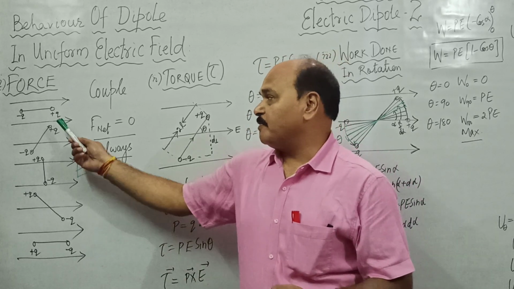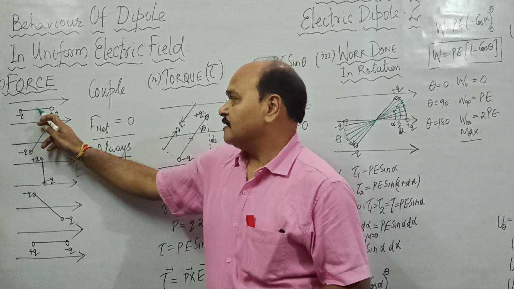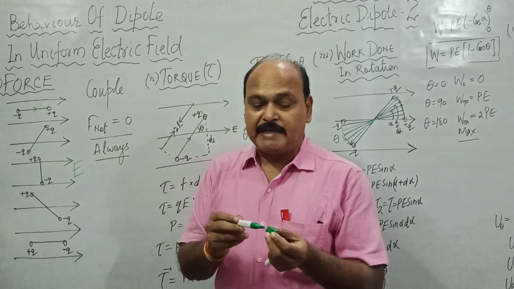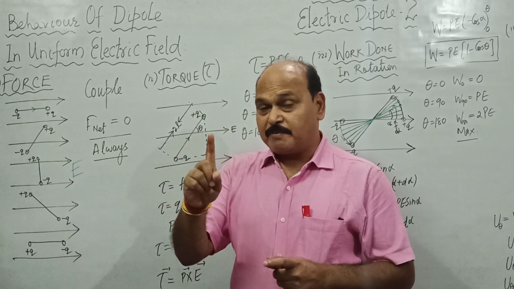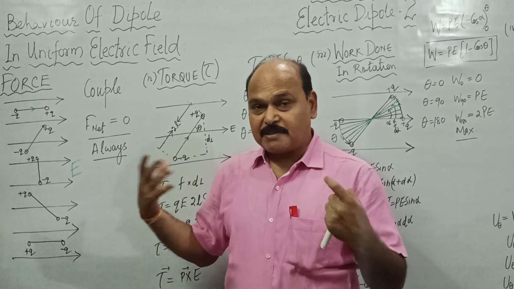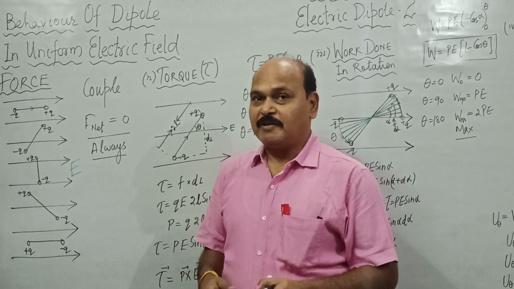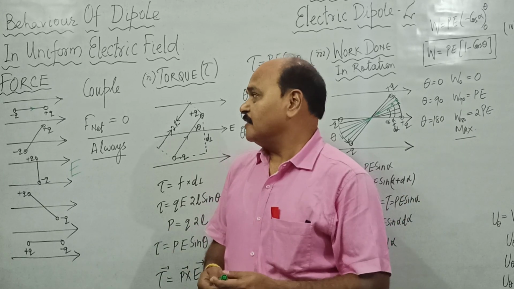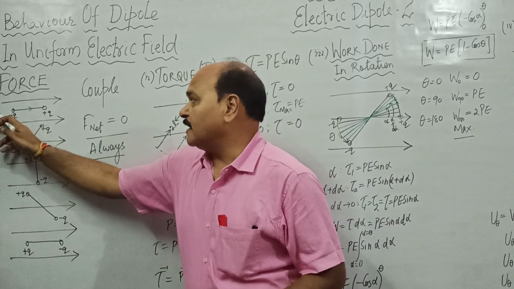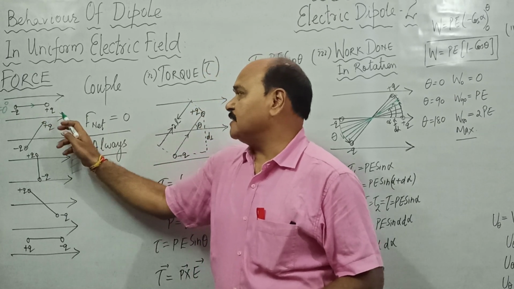If electric dipole is placed in this orientation, it is expressed by angle theta. Well, theta is angle between P and E. So this angle theta between P, electric dipole moment, and electric field intensity expresses the orientation of electric dipole in electric field. When we say theta 0, that means we are talking about electric dipole lying as shown in the diagram, like this. This is P, this is E.